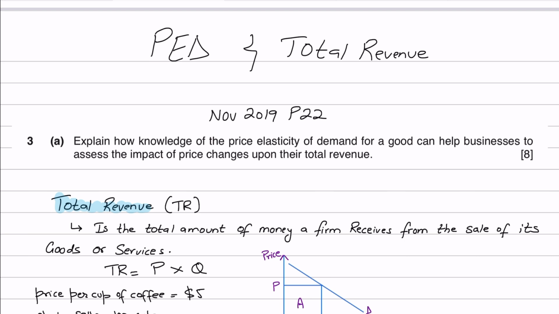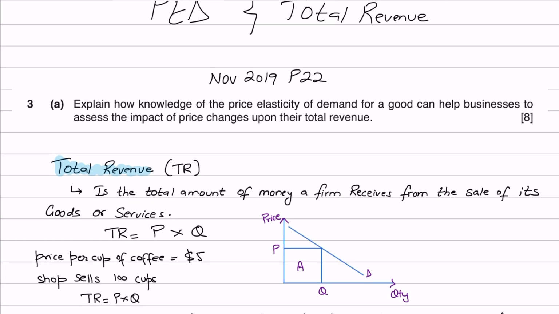Now, just like always, I'm going to be showing a past paper question. It's from November 2019, paper 22. It says explain how knowledge of PED for a good can help businesses to assess the impact of price changes